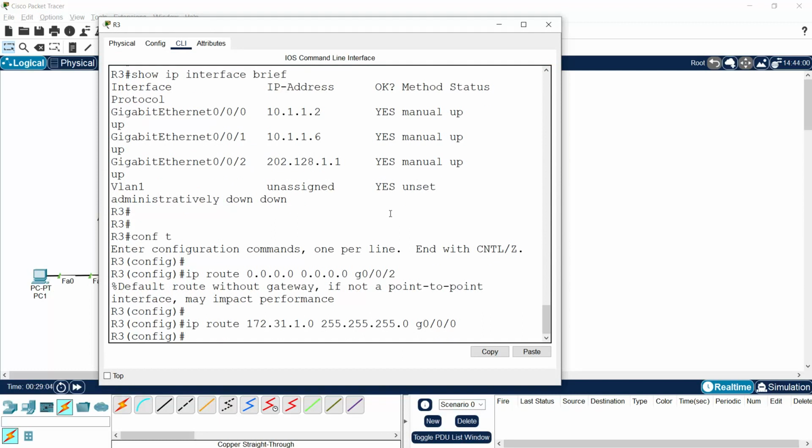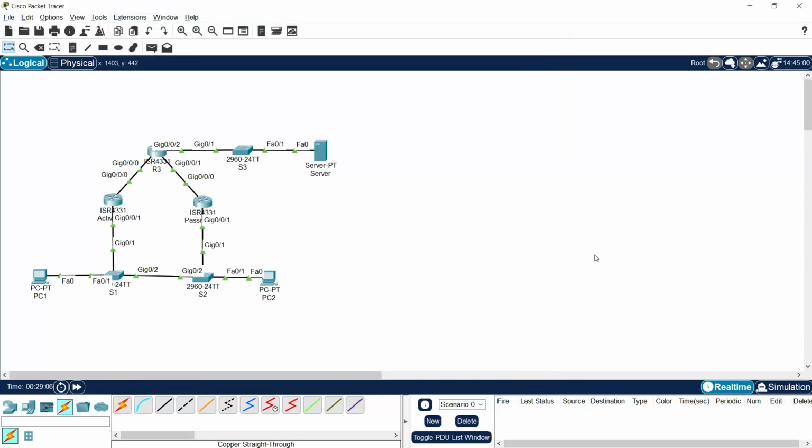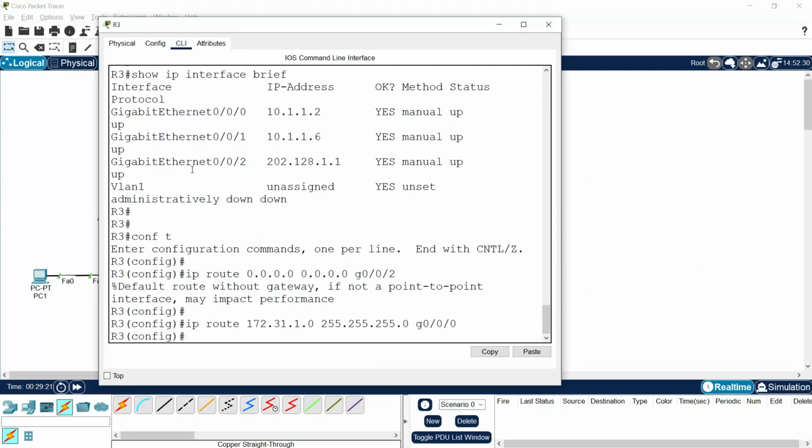We will also configure a floating static route, that is a backup route through passive R1. Suppose this router active R1 fails, we should be able to communicate from R3 to our LAN through passive R2. So we'll configure a floating static route,